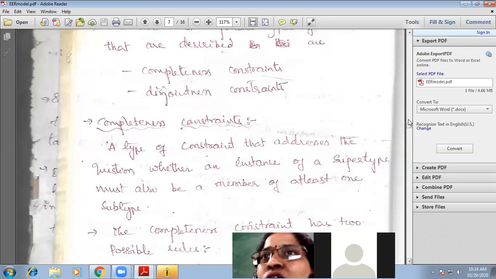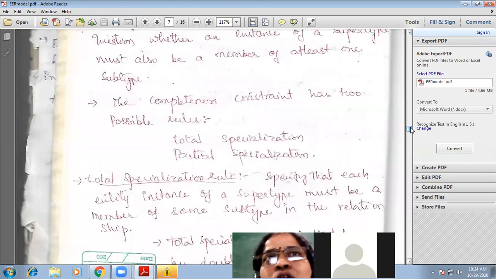Based on whether the instance of a supertype is a member of a subtype or not, we say these completeness constraints are again of two types, that is total specialization rule and partial specialization rule.